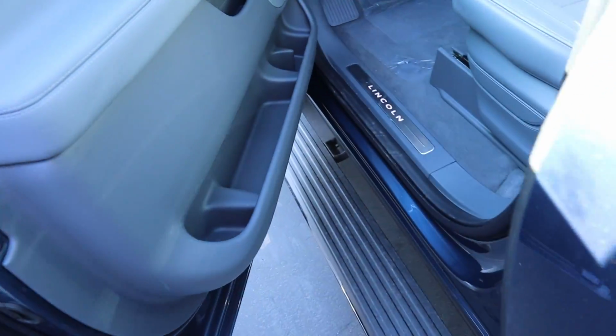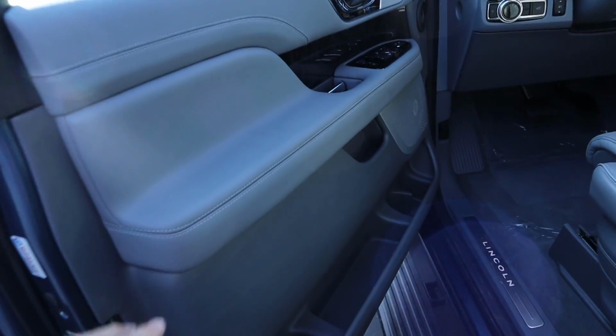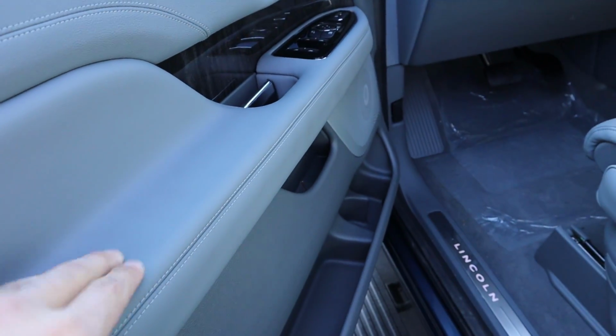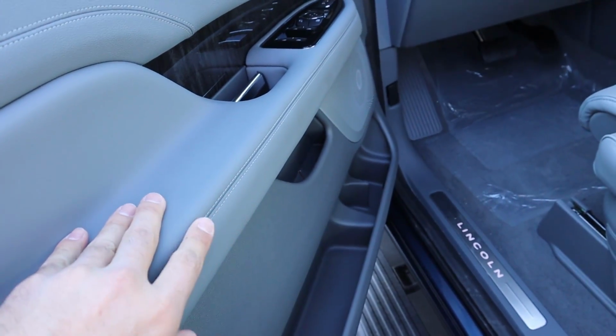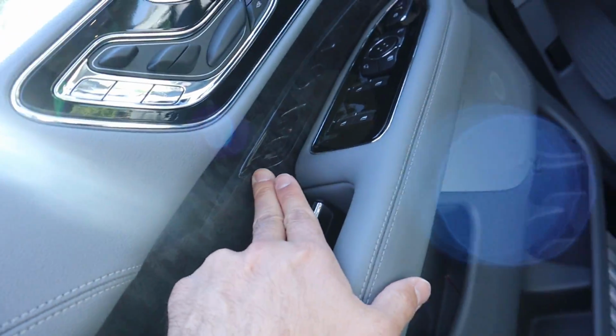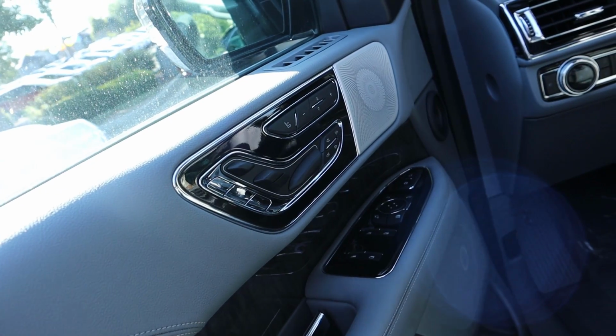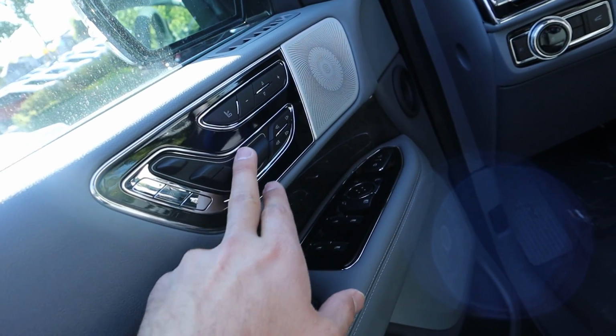And then as we have this fully unlocked, we can see the door panel here in the front is pretty much identical to that one in the rear we just saw in the Navigator. Same leather, and this is a little bit softer than what's in the Expedition. I like how the door handle is set up right there. You can see more of that beautiful wood trim, and then again, remember the speakers, just the design on them looks a lot more premium. Your seat adjustments are on the door actually, so you've got your memory seats and then all of your seat adjustments